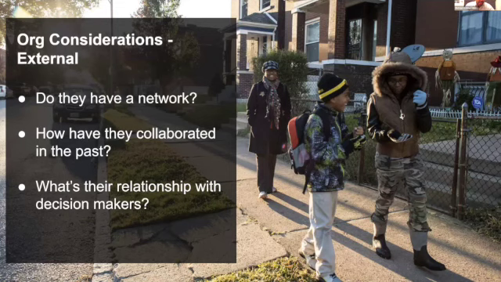Beyond the internal elements of a potential partner, there are also external elements, or how they can interact with you in the public, that should be considered as well. So like a coalition, individual organizations typically don't work in isolation. They rely upon a network of individuals and smaller groups to help them achieve their goals. So take the time to consider who a potential partner may be able to bring to the table, either through direct actions or through indirect connections and requests.